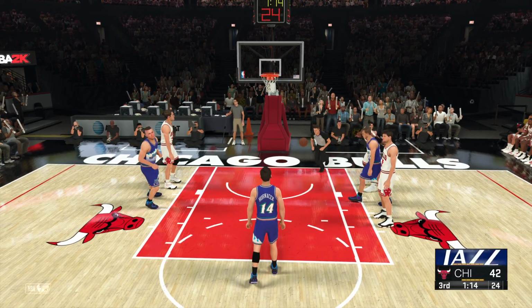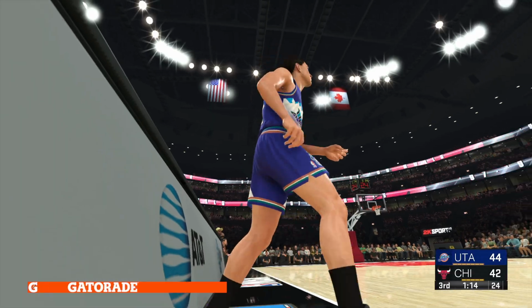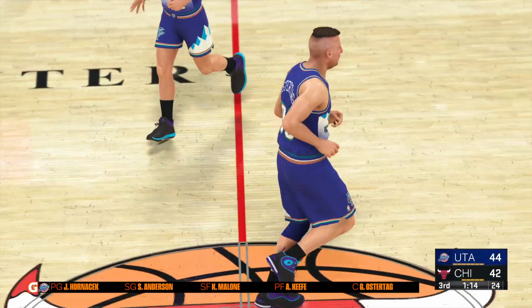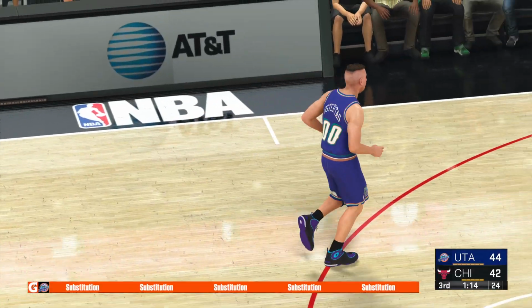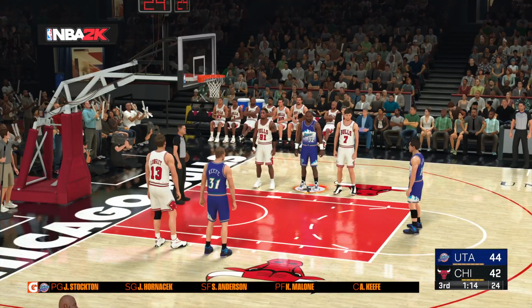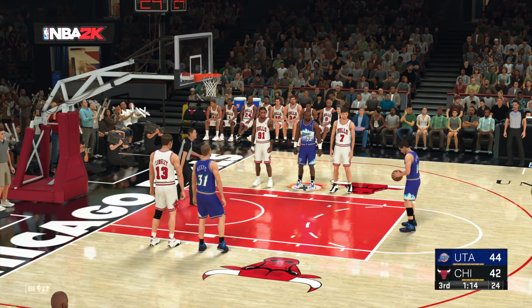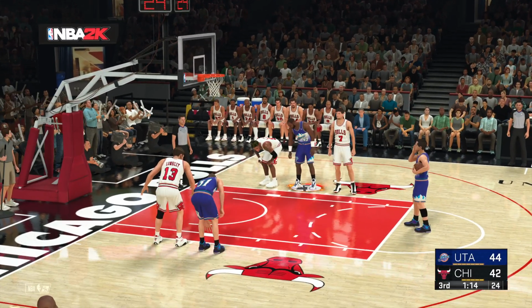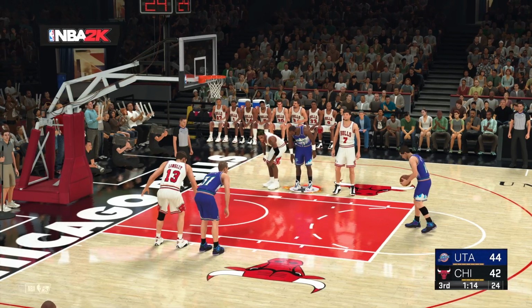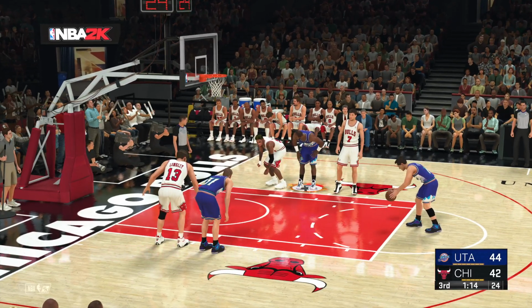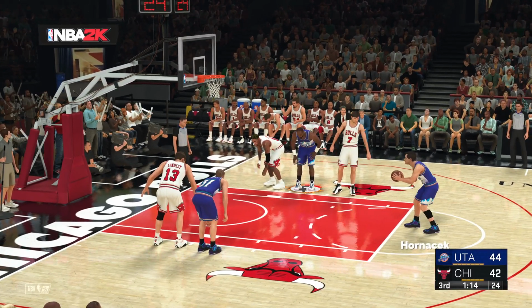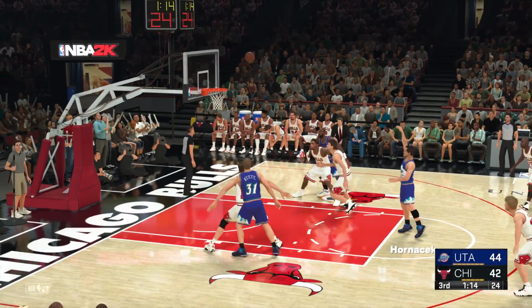And he knocks down the first one. Stockton's checked in for the Jazz. Good on both.